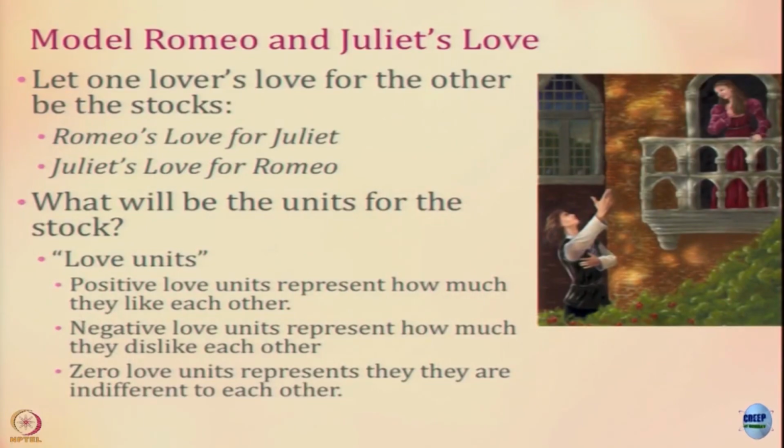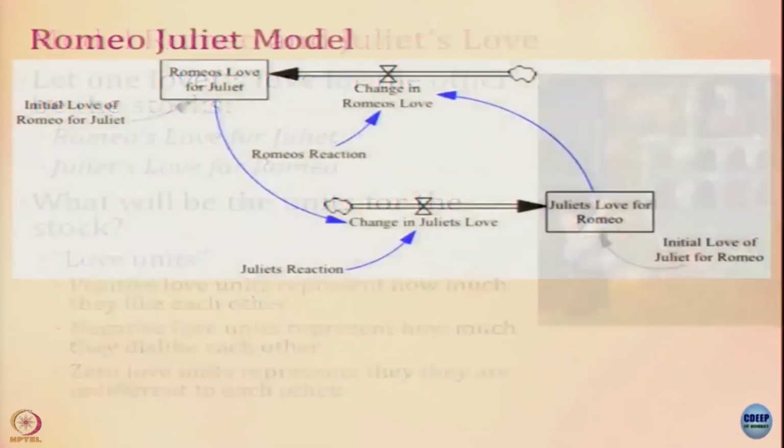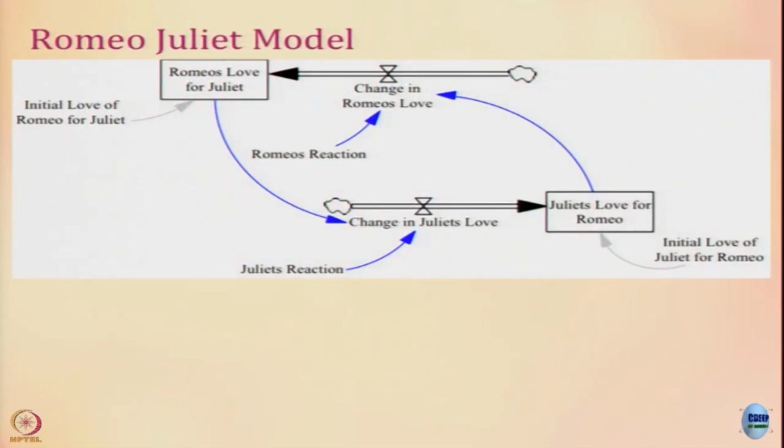Each can grow as much as it wants, and we just saw that Romeo's love for Juliet grows based on how much Juliet loves him, and Juliet's love for Romeo grows based on how much Romeo loves her, right. So they are feeding off each other. We can represent it as a stock flow diagram as shown here. So let us define 2 stocks, Romeo's love for Juliet and Juliet's love for Romeo, and we have of course any flow that changes it, we simply call it changes in Romeo's love, and the changes in Juliet's love affects the